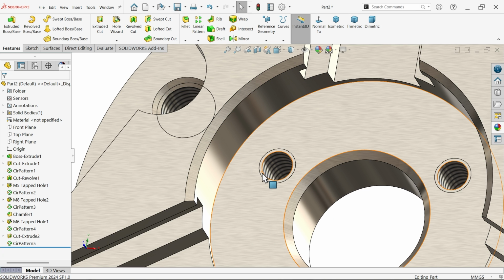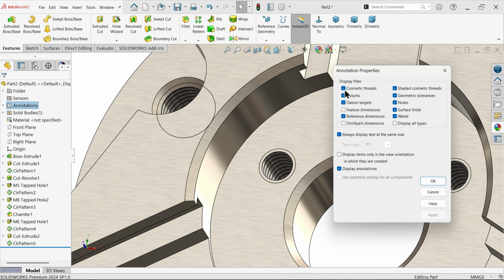If you don't want to see this detail, right click on Annotations, Details, and here uncheck cosmetic thread and these